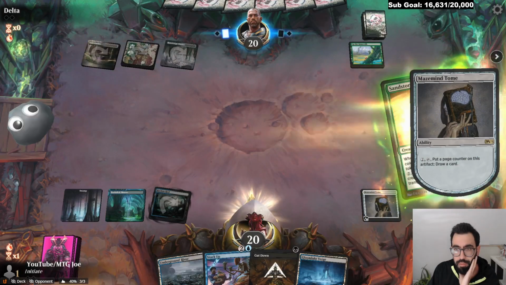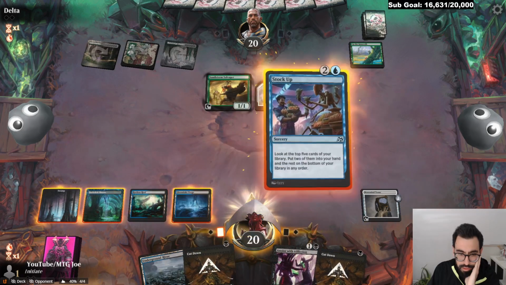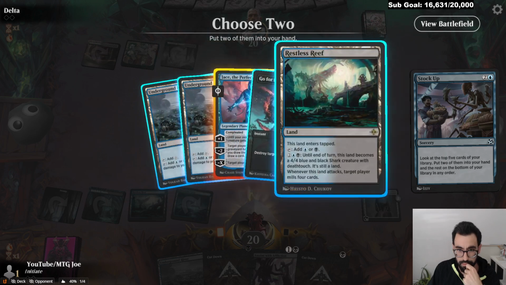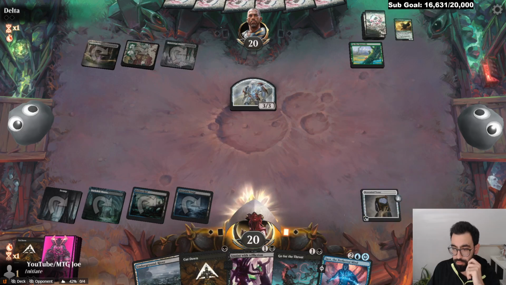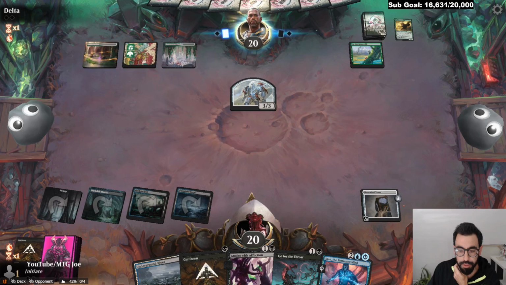Up the Beanstalk. The hell is this? We already have a Restless Reef. I mean, if they're a creature deck, we probably want that. Not what I was anticipating. You see Up the Beanstalk with this? They like Overlord tokens. Let's play as...